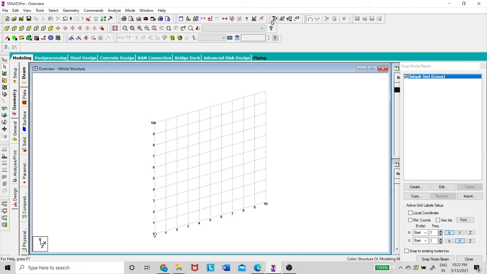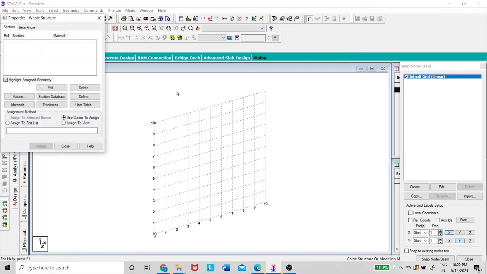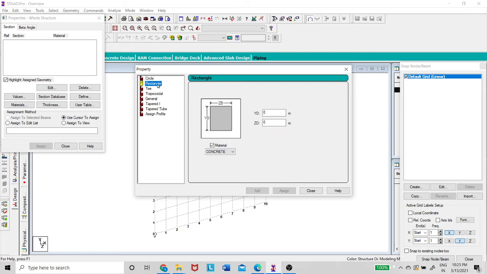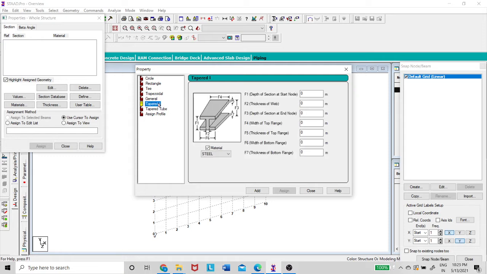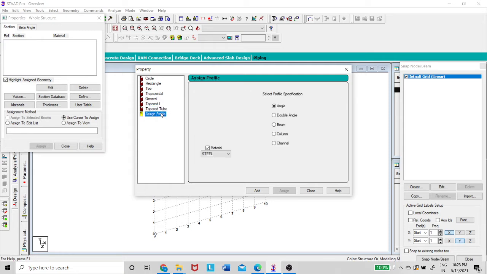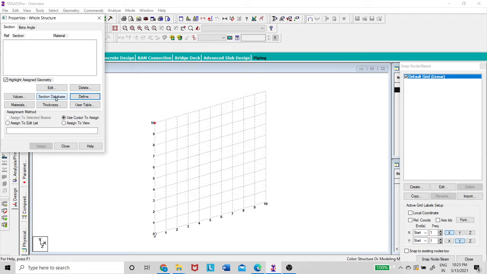present here. And here what is the property page and what is the support page. So property page means, for the definition of the property, what is the size, the shape of the cross section, basically for a member, whether that is a rectangular or that may be a square or a circular or any other shape. So here you can define whether it is a circle or rectangle, T section, some trapezoidal section, some general random section, or maybe I section, tapered tube section, or angle section, or whatever the different sections will be there. And also you will have the section database.